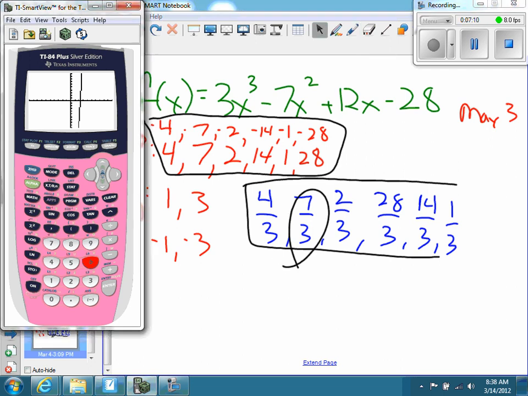Let's go quit, and we're going to go Alt F4, and we're going to do it for 7 divided by 3. 0. Not bad. That's pretty quick. All right. So once I've done that,